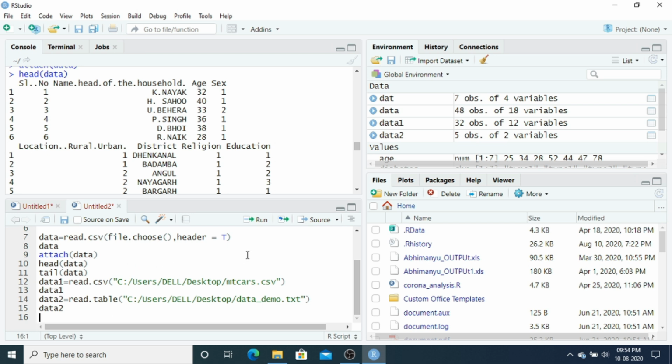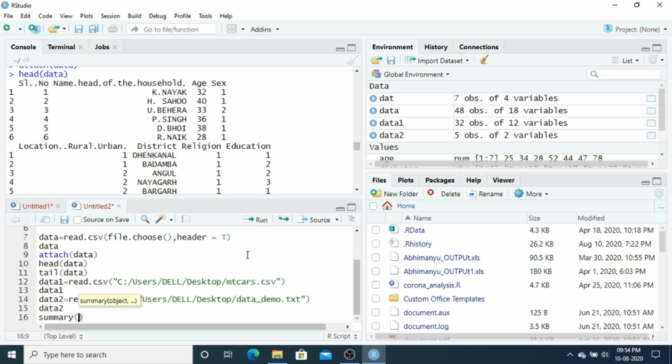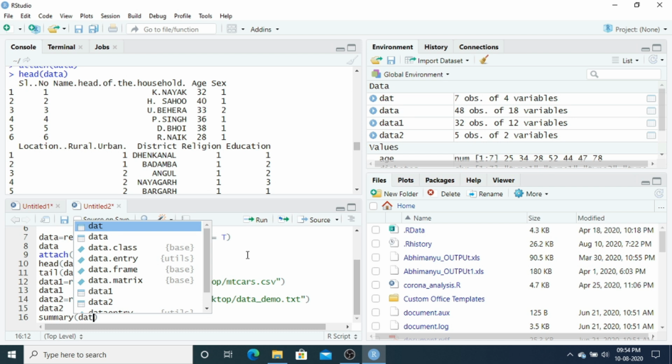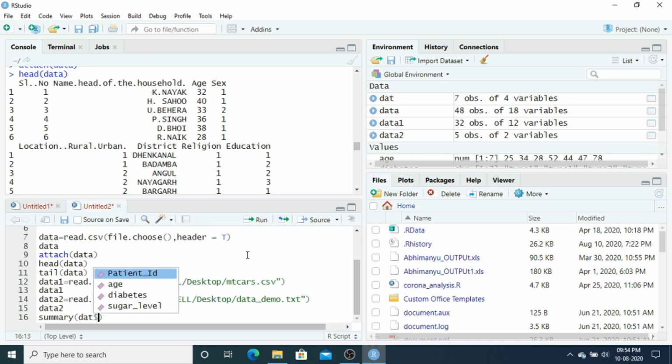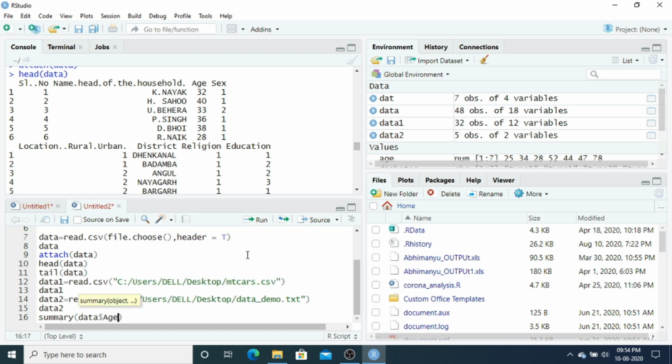If I just want to know about the summary of this data, I am interested in the variable age, and I want its summary.